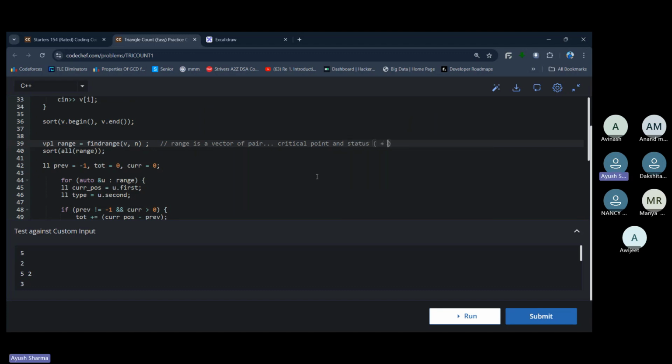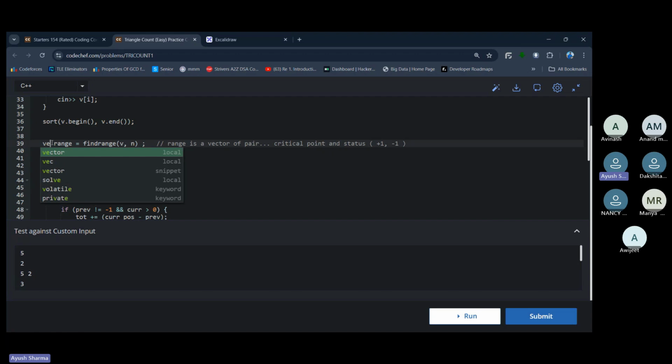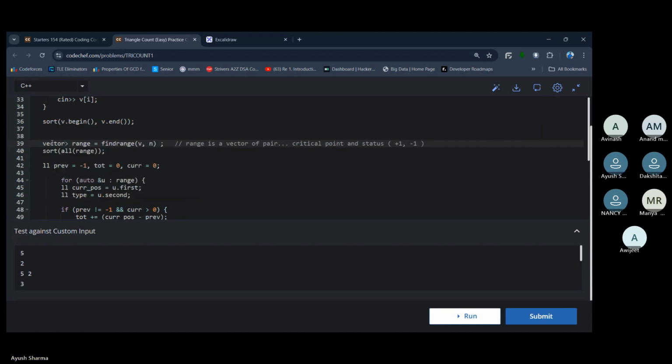Status can be +1 or a -1, ठीक है। तो this is like a vector of pair, ठीक है।